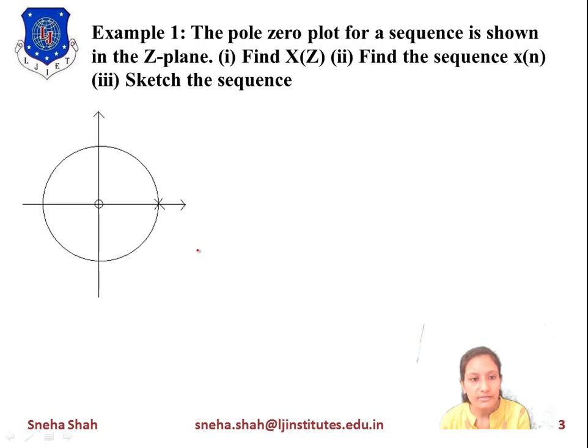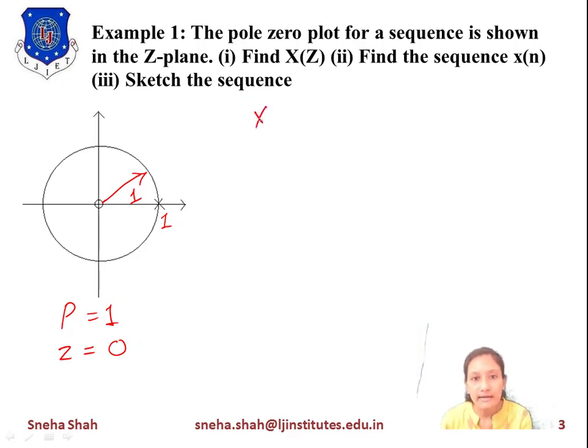So for this, first of all we will define the position of pole, this representing pole, right, and this one is 0. So we will define the position of pole and position of 0. This one is the unit circle, it means the radius of this circle is 1. So if we take the radius of the circle equal to 1, the position of pole is at 1. So the value of pole equals 1, and the value of zero is located at 0.